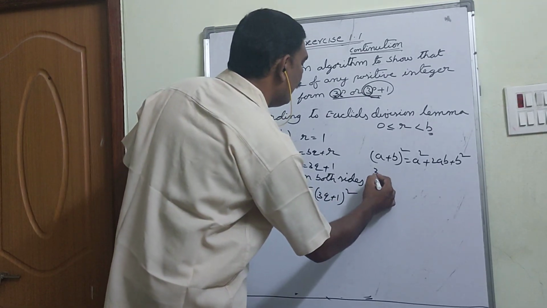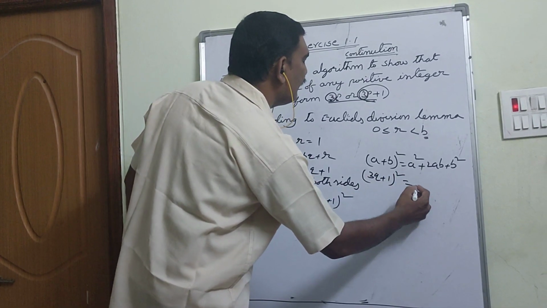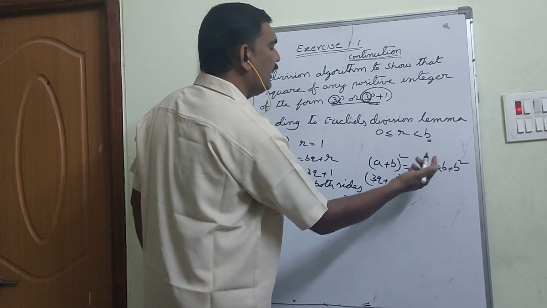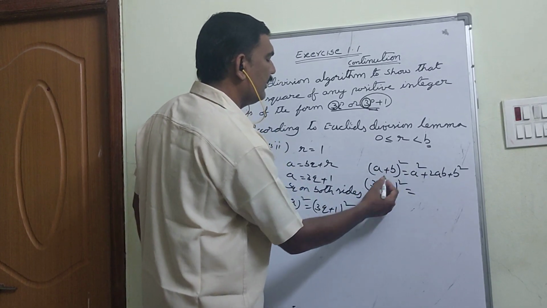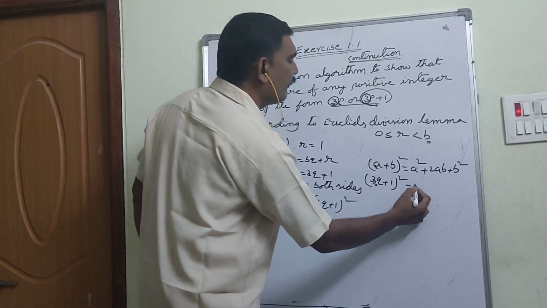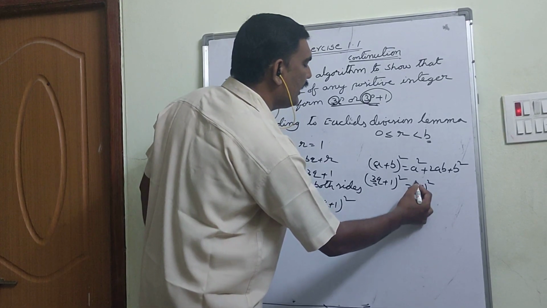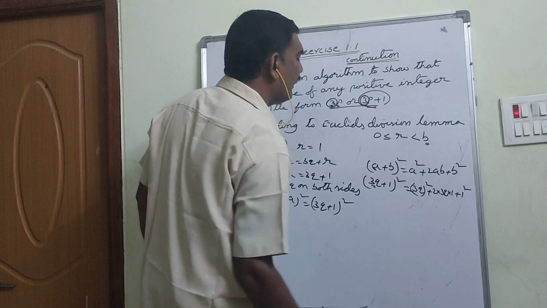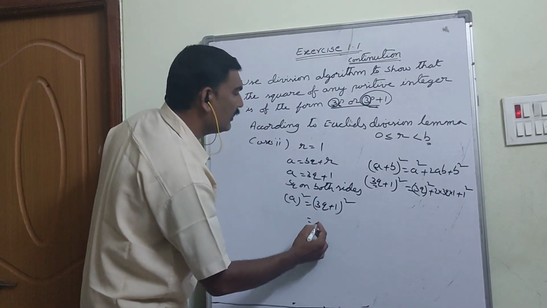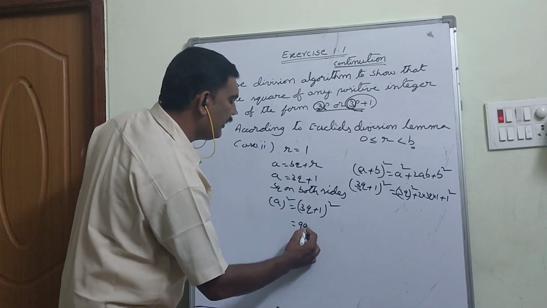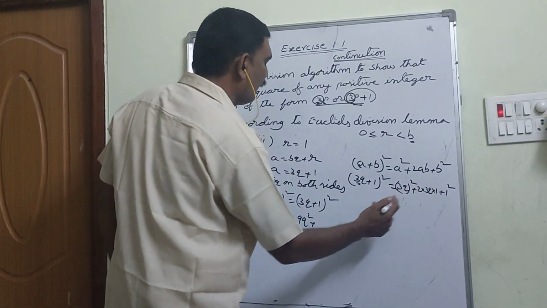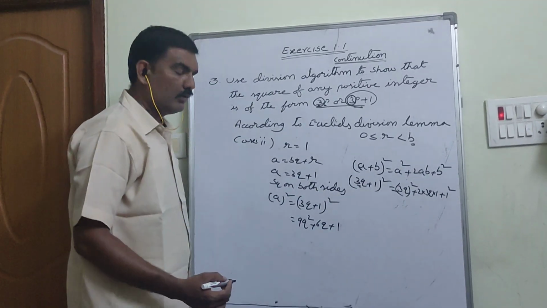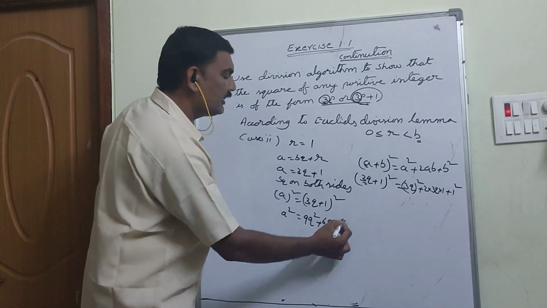Then what happens when you are substituting the values of a as 3q, b as 1? Here a is there, you got a square here. In place of a, you have 3q. So don't write 3q square like this. You have to keep 3q inside the brackets. 2 into 3q into 1 plus 1 square. Same thing you are copying over here. That is 3q whole square is nothing but 9q square. 2 into 3q into 1, if you do it, 6q. 1 square is 1. So here a square is equal to 9q square plus 6q plus 1.